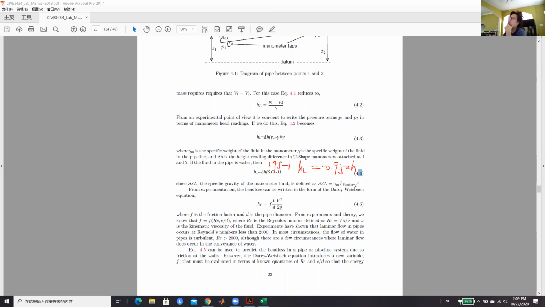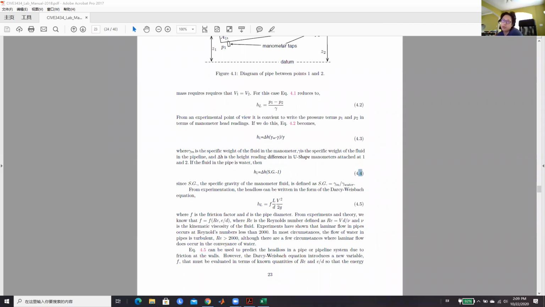Okay, and the unit of the delta H in this lab should be millimeter. Okay, just like last lab, should be the same. Unit is millimeter. Okay, so once you get this, I think that's pretty much a very important part of this